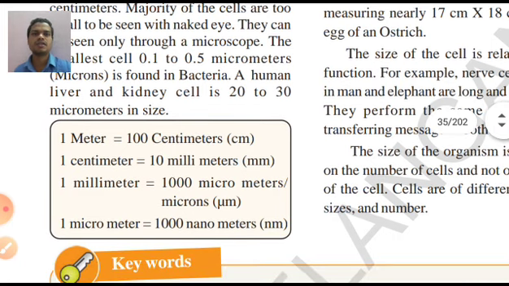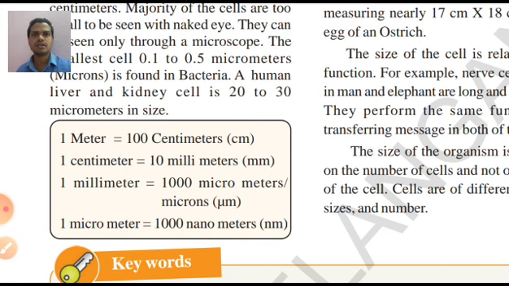Okay. Now as you see here, 1 meter is nothing but 100 centimeters. 1 centimeter is nothing but 10 millimeters. 1 millimeter is nothing but 1000 micrometers. 1 micrometer is nothing but 1000 nanometers. So this is the calculation you have to remember. But here as you see, if you see the box, then you can imagine how a micrometer is very, very, very small. Now for a rough idea I will tell you one thing.